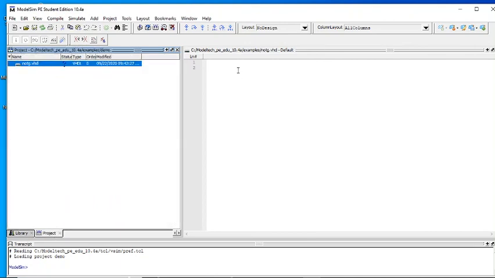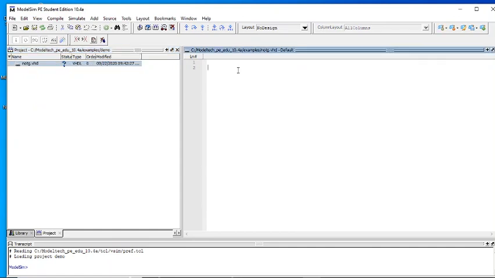Now let us write the code for a NOT gate. In VHDL, an entity is used to describe a hardware module. A NOT gate is a hardware module. So entity is the keyword. Again, VHDL is not a case sensitive language.